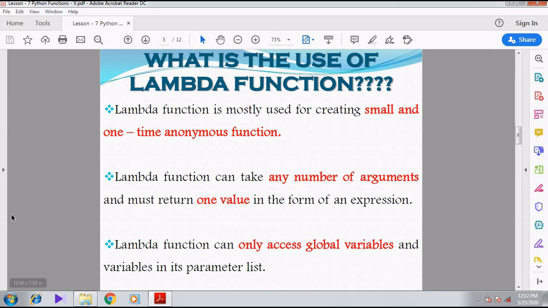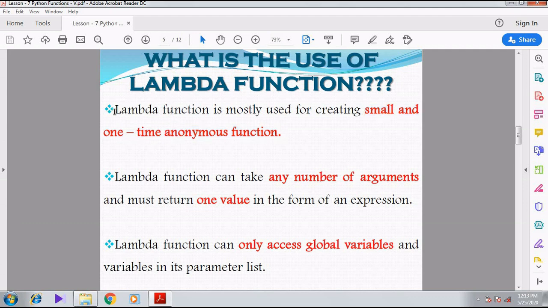So first, what is the usage of the lambda function? Lambda function is most commonly used for creating small and one-time anonymous functions. Whenever we want to create a small function, or a one-time anonymous function, in a lengthier program, at that particular time we can use this lambda function.